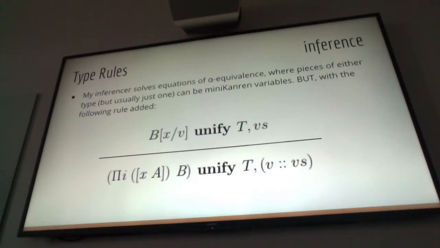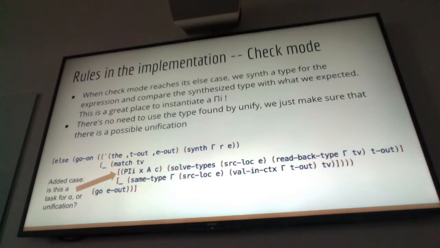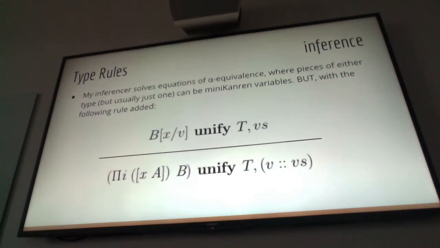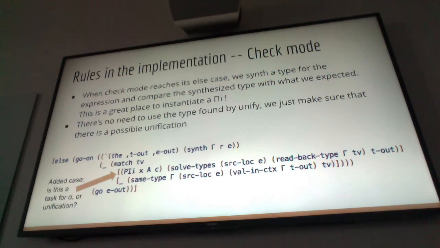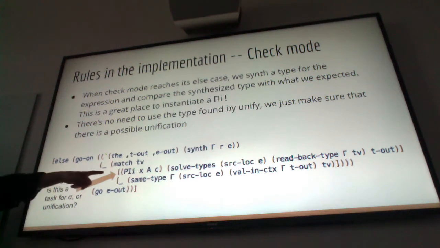Any other problems with this rule? I hope it's okay. There are a couple other rules to deal with application when we unify, but this rule shows up at the end of our check mode. We have a lot of forms that we want to check against a type, and certain forms, like application and all elimination forms, we just go to synth to deal with. So in our else case of check, it says, this wasn't a form I want to check, so I'm going to synthesize a type,